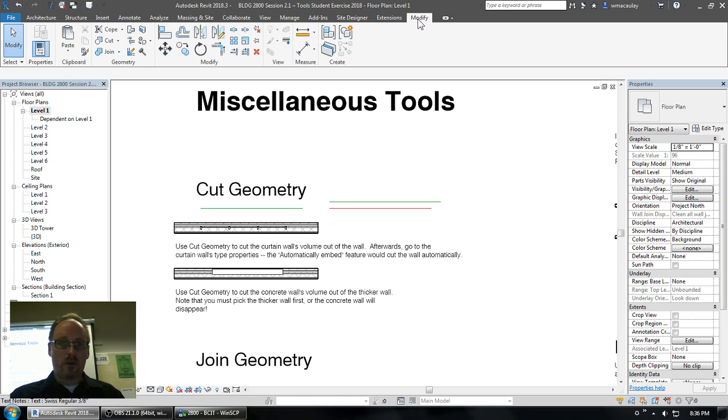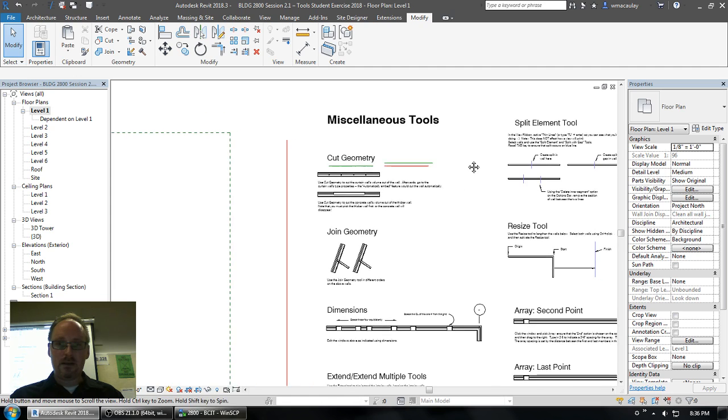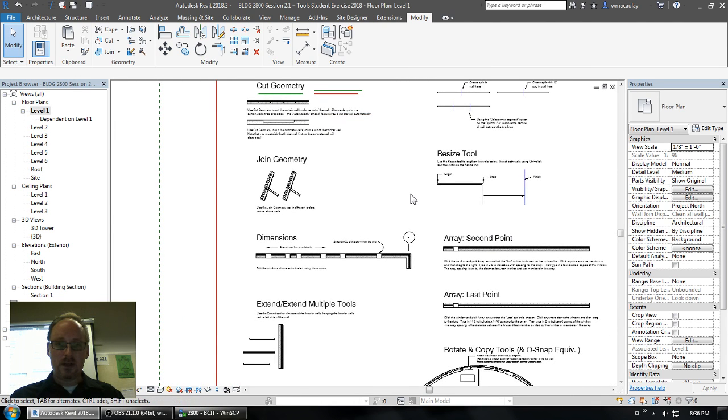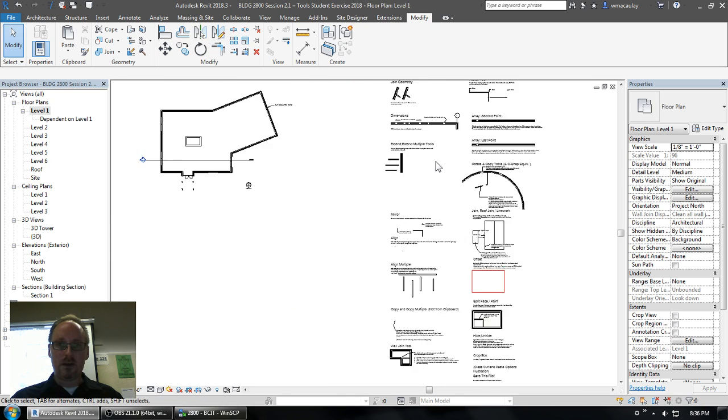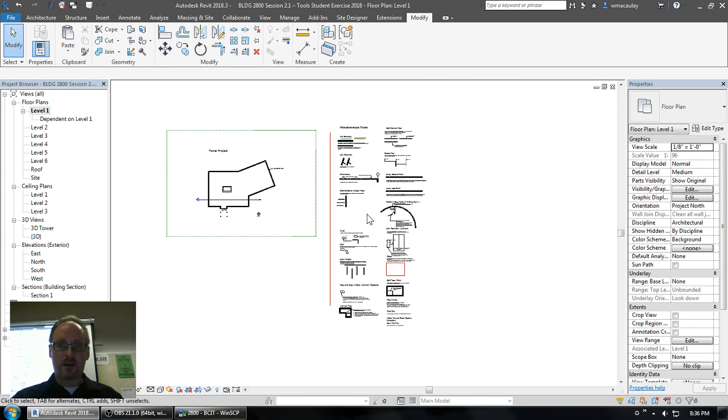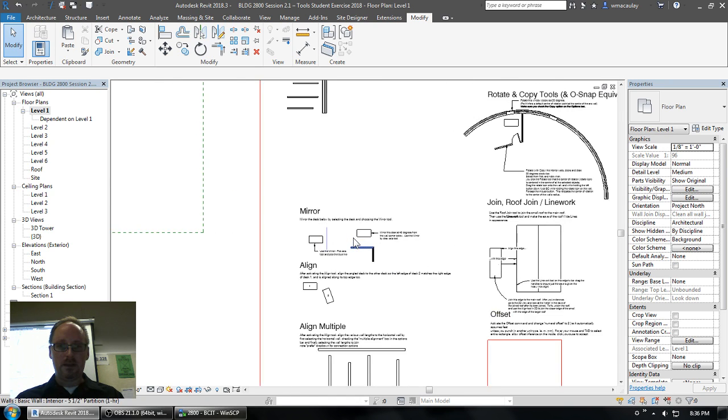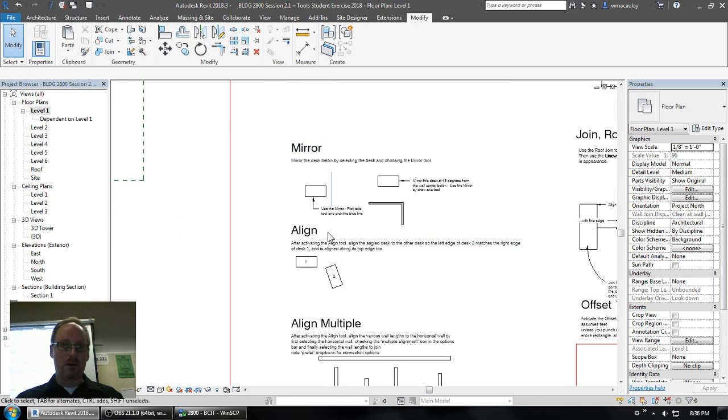Now, one of the tools that's going to be really useful, I guess, or something that you'll use quite frequently is the Align command. Now, if you folks zoom out, you can kind of see the lay of the land here in the level 1 view. If you see this dependent on level 1, you can just ignore it. Go to the level 1 view instead. And I'm going to be working right now with this section halfway down the left-hand column right here with Mirror and